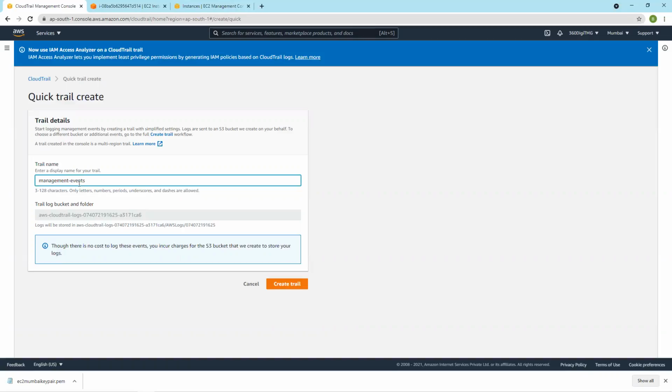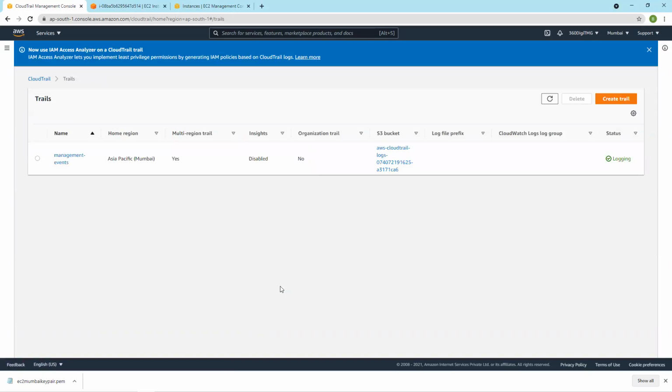So the trail name is management events, and the trail will add these logs to the trail log bucket and folder. So where this will be helpful is while creating events. So here it's just a log group. We are just knowing about two types of events: management events and data events. So let's just create a trail. Say a CloudTrail log group has been created for us. Let us go here. S3 bucket will be there and all the logs will be there in that S3 bucket.